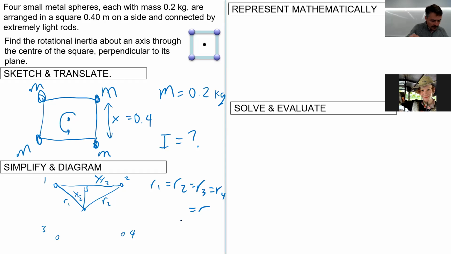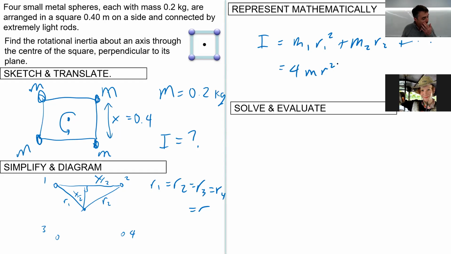So, I think you can use Pythagoras, but basically I is going to be M1 times R1 squared plus M2 times R2 squared plus etc. It's going to be 4 times M times R squared. Okay. And then let's just use Pythagoras